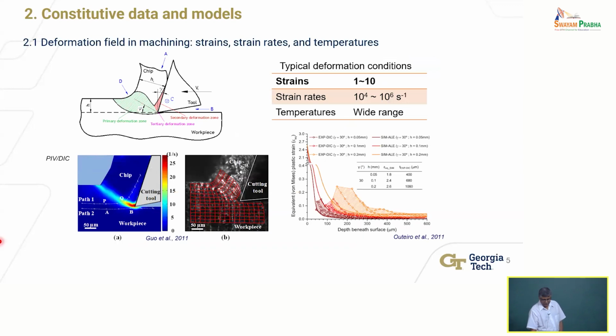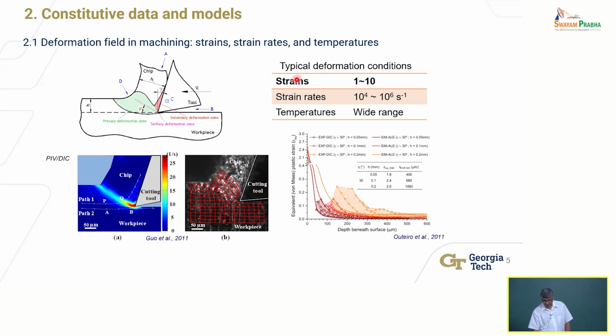All right, I already pointed out to you that when you're deforming the material, this is basically a more magnified view of what's happening, or an idealization of what you saw in that video, showing that there is a zone of material that is being deformed plastically at very high strain rates. And that deformation is happening in very short time durations. And the energy expended in deforming the material is converted to heat. As a result, there is a temperature rise. So I need to be able to describe the material behavior as a function of strain rate and temperature.